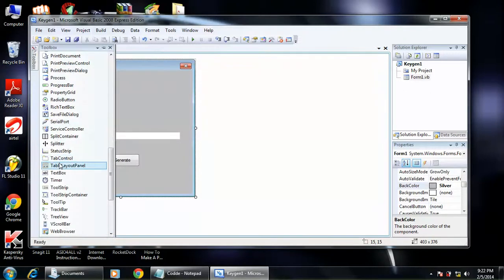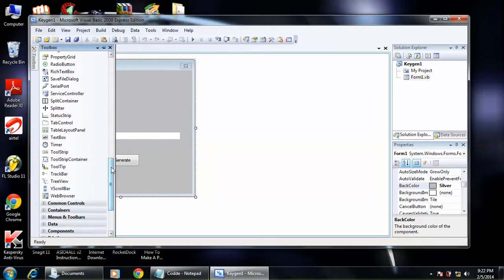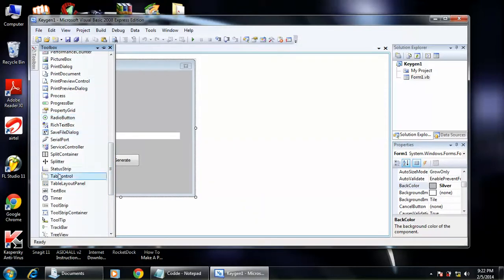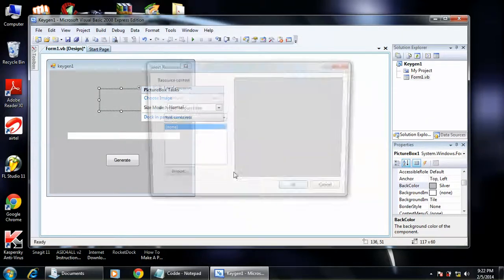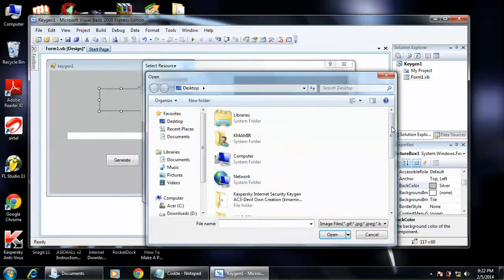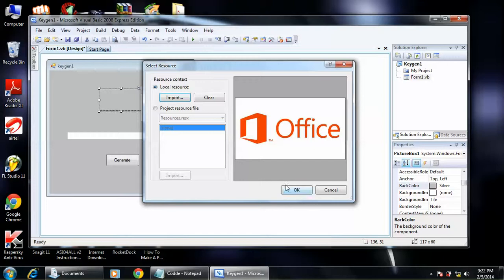Let's go to toolbox. You can even add any images to make your keygen, or any keygen, look better. In this case I'll give some Microsoft image. Choose image, go to local resources, click import, choose your image in the directory where you have saved it, click OK.